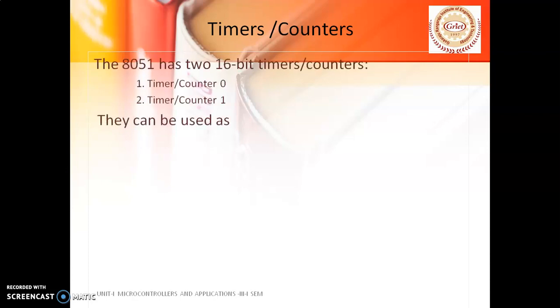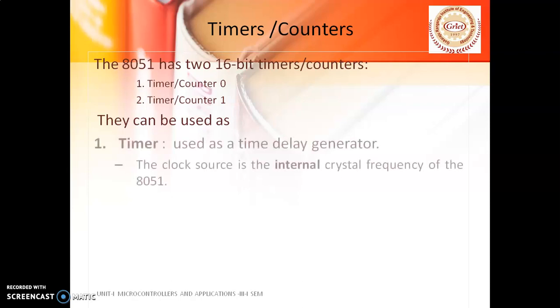Coming to the 8051, it has two 16-bit timer counters, that is timer counter 0 and timer counter 1. Basically, the timer peripheral contains some registers, and those registers we call timer registers. As it is a register, to perform any operation it has to receive the clock signal as an input. So let's see how the timers are going to work. We can use this particular peripheral as a timer, and we can even use it as a counter. But whenever using this peripheral as a timer, the timer registers have to get the input from the crystal oscillator through some circuit. We will see what that circuit is clearly in the coming slides.